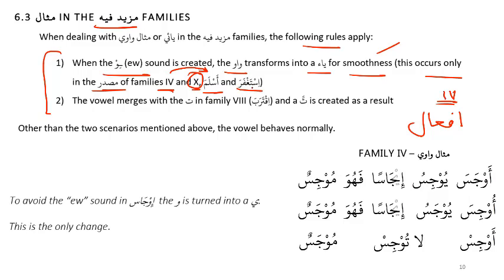What example did we use? Istansara, yastansiru, istinsaran. So that's bab istifal, right? So 10 is bab istifal. Okay. So that's istaghfara, asking for forgiveness. So anyway, with these two babs, bab ifal and bab istifal,